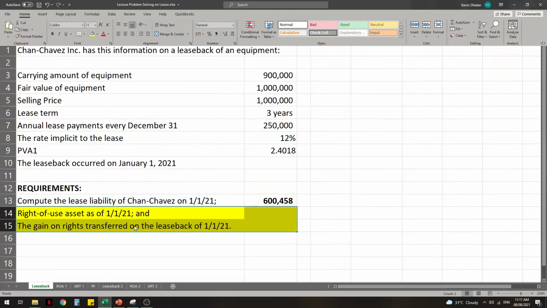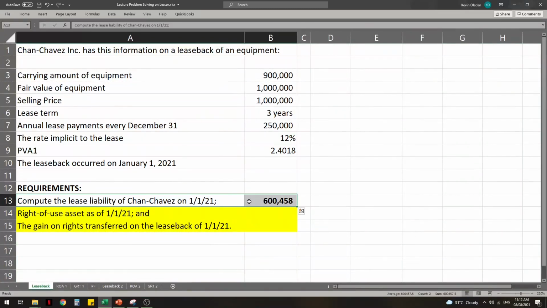Pareho pa rin yung thought process: operating, finance, sales type, or direct financing, etc. So you don't need to worry about the lessor. Kay lessee ka po, magpo-problema. You will still have to classify operating lease and finance lease, of course. With the thing in mind that generally all leases are classified as finance lease. Diba? And when you conclude that the lessee used finance lease in a leaseback transaction, magkapareho pa rin ang computation natin sa lease liability.